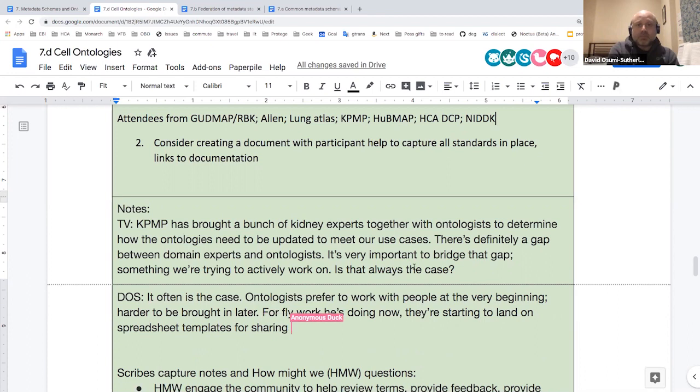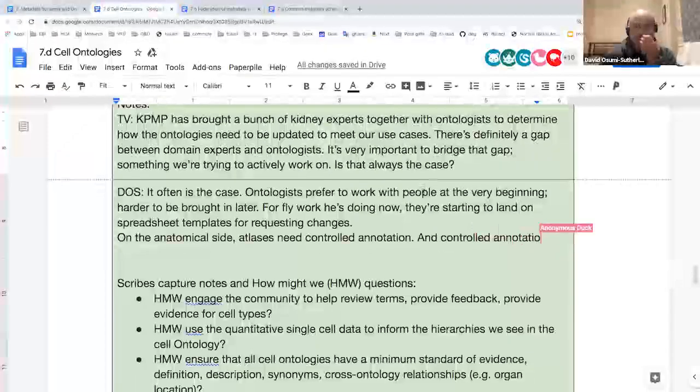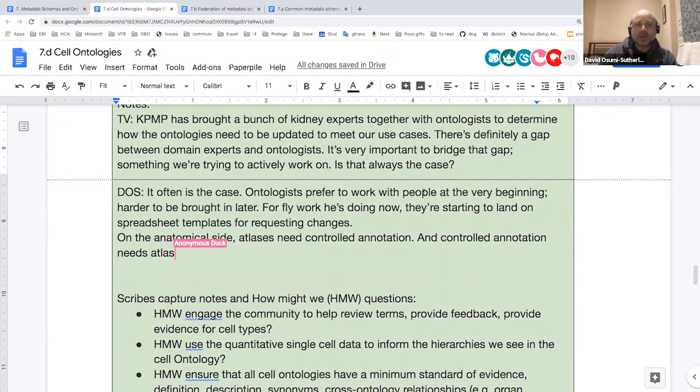So definitely building a closer relationship. I think on the anatomical side, I feel atlases need controlled annotation, and ontology as controlled annotation needs atlases for reference. So if we can, on the anatomy side, hook the ontologies into reference atlases, which we've already started to do, we've got mappings